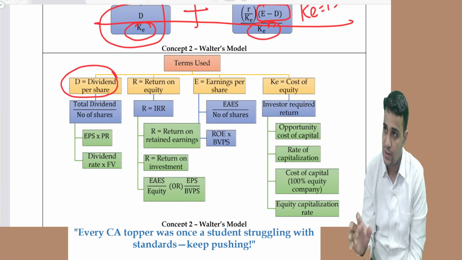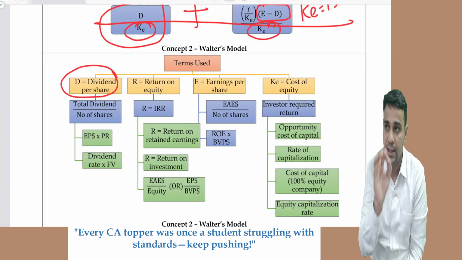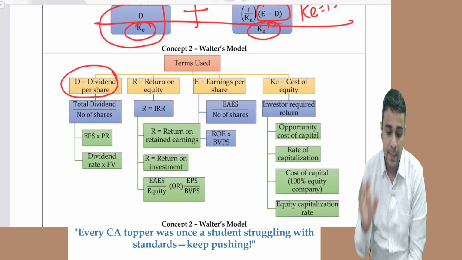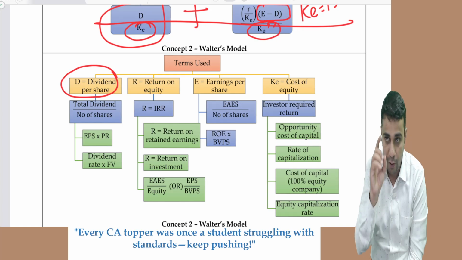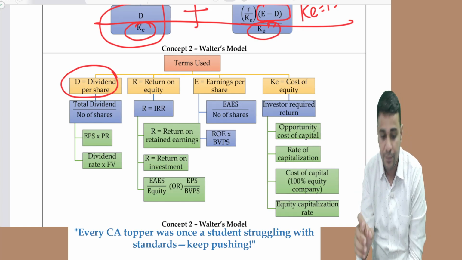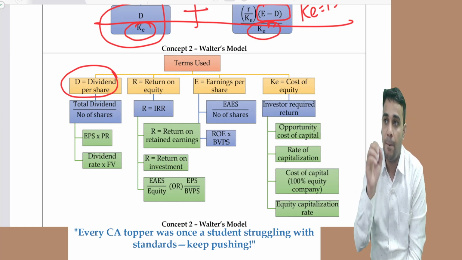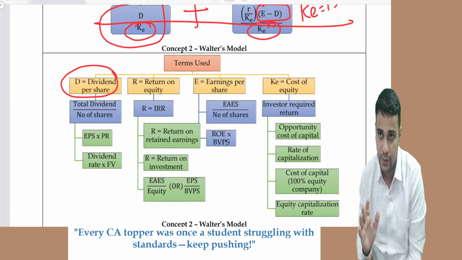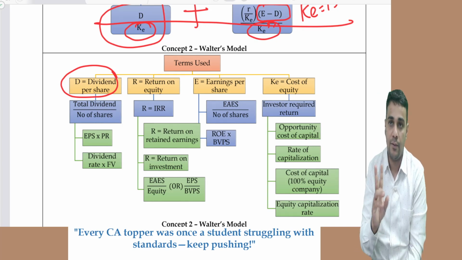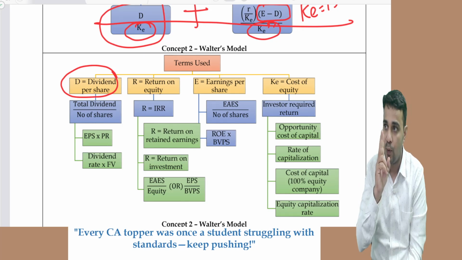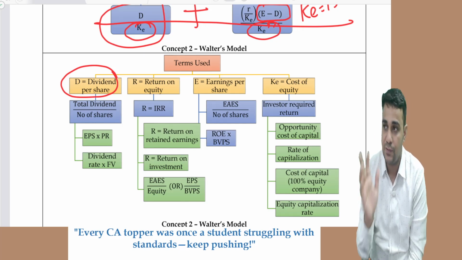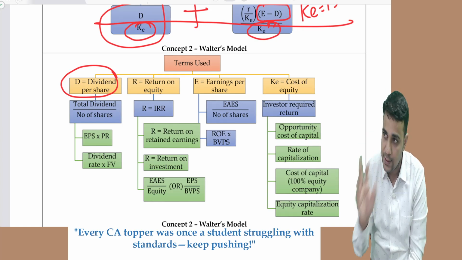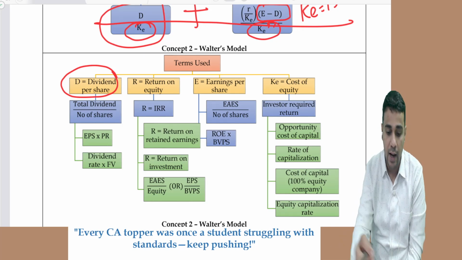In case data is not there, calculate EAES divided by amount of equity. If you divide EAES by number of shares, it's called EPS, and equity by number of shares is called book value per share. I've already spent time on this, so I'm not spending time again. So the second element I want is R; the first element is D. Third is EPS, which is self-explanatory. What is EPS? Earnings per share: EAES divided by number of shares, or you use this formula.